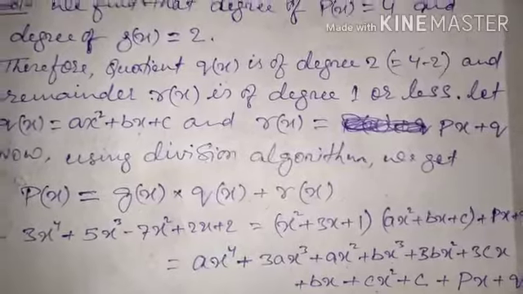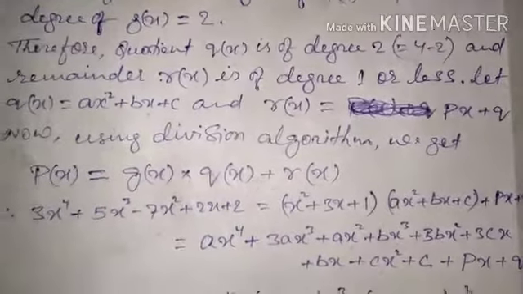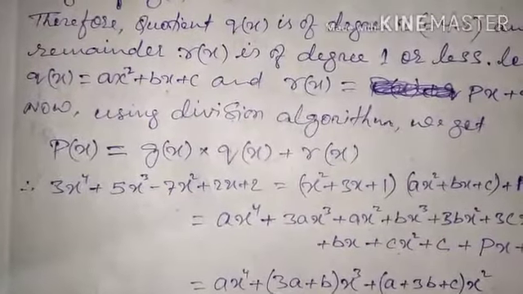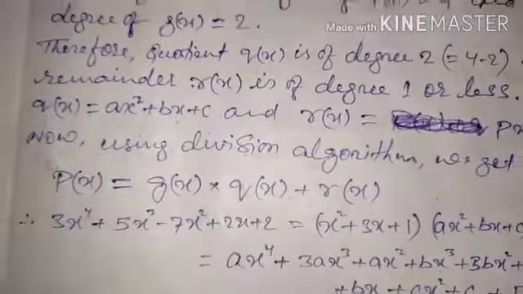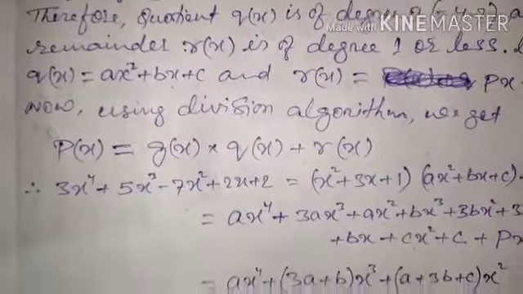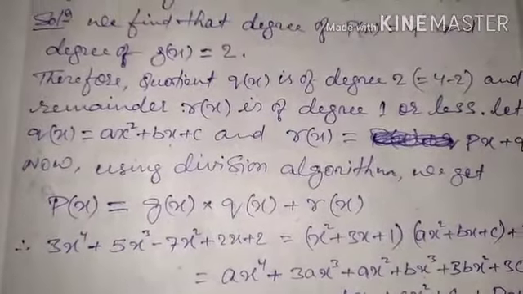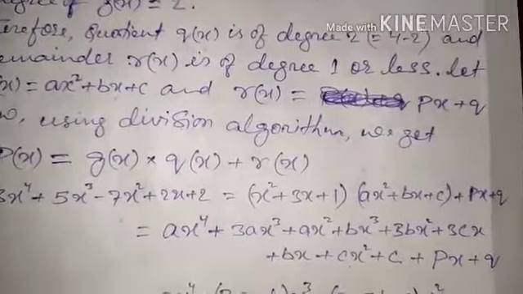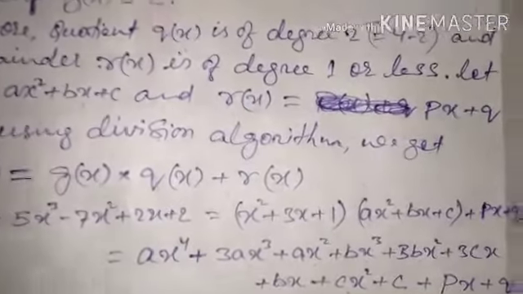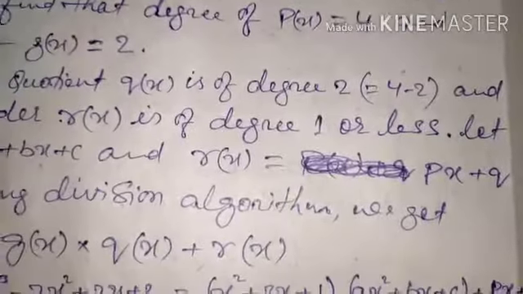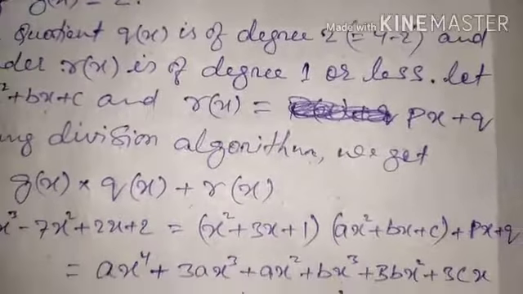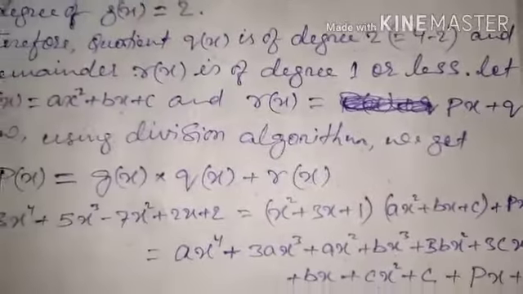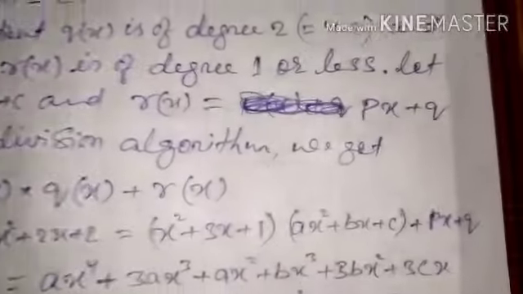It means either 1 or 0. The possibilities are only that. Let qx is equal to ax square plus bx plus c. Here I am taking the general form of the second degree polynomial, that is a quadratic polynomial. Okay, and rx is equal to px plus q. Taken rx is equal to px plus q, because its degree we had assumed might be 1 or less. But for the safe side, we had taken it in a linear form, that is px plus q. So taken the general form of this also.